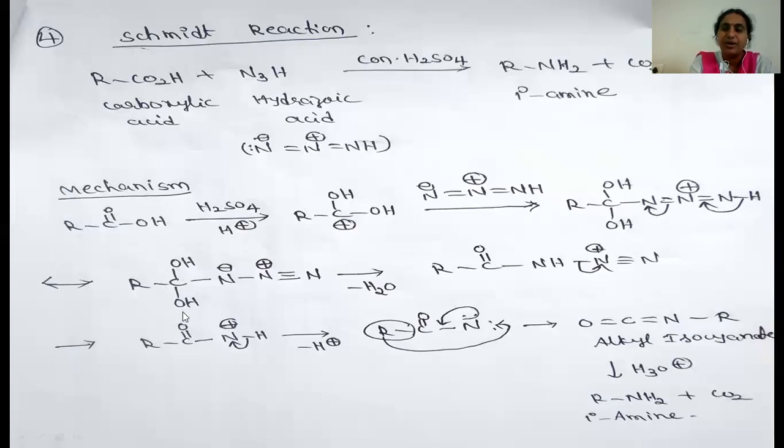So RCOH nitrogen, because this pi bonding electron shifted to this nitrogen, this nitrogen will get a minus charge, whereas this nitrogen remains with a positive charge because around it there are a total of 4 bonds. But here this bonding electron shifted, hence it will get a triple bond, and this nitrogen also has a lone pair of electrons. And on the same carbon, if two OH groups are present, it is unstable and undergoes elimination of water and produces the C double bond O.